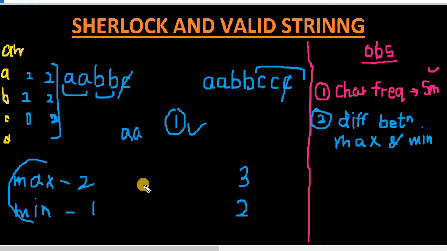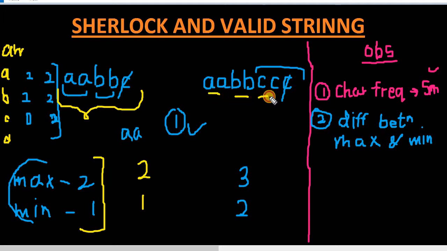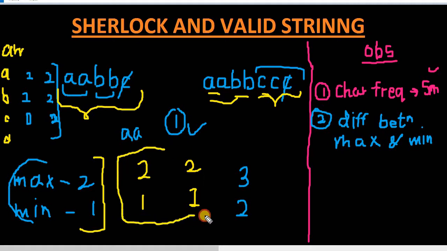There is one more terminology we can use: common frequency and uncommon frequency, because these three terms will help us build a solution. What is a common frequency? A frequency which occurs the most number of times. In this particular case, the common frequency would be 2 and the uncommon frequency would be 1. Similarly for this case, the common frequency is 2, because 2 is occurring 2 times and 3 is occurring only one time. So the common frequency will be 2 here, and the uncommon frequency is 3, since it is repeating only one time.